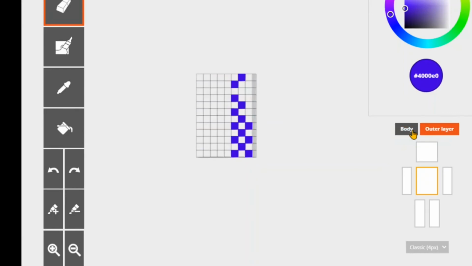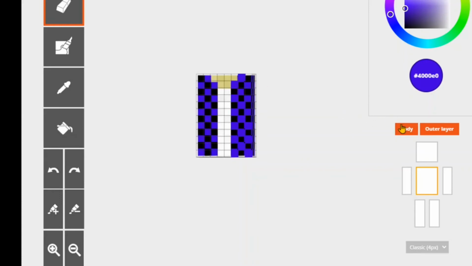If I remove the body, oops, I pressed outer layer instead. Whoops. Anyway, as you can see, I've removed some of the little bits, and now it will look more creased in the outcome. Yes, I have not put any black in right now. It is just fully blue checkered pattern bits and bobs, and yay. Anyway,